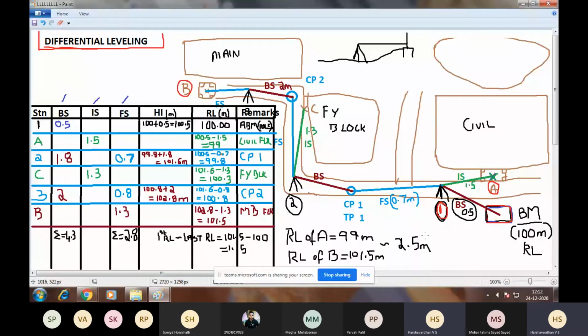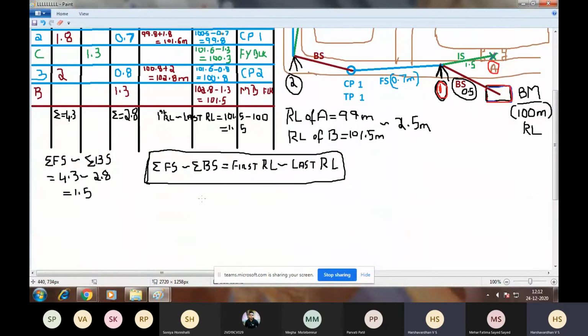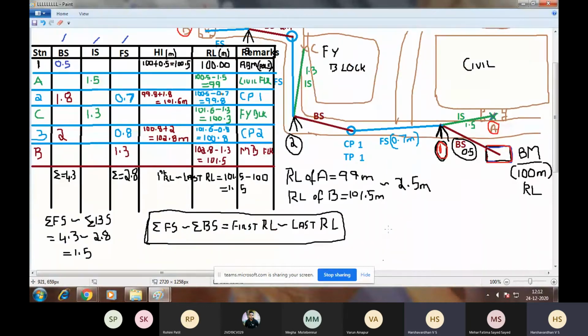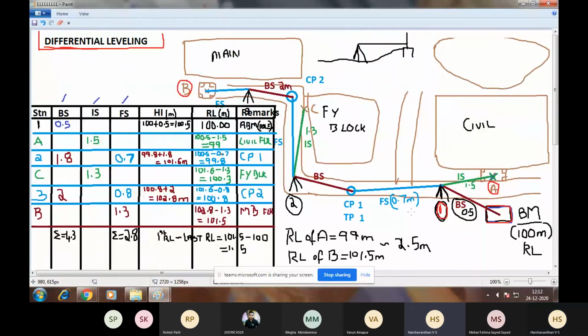So this is how you conduct and tabulate the leveling readings, and you perform an arithmetic check to see whether the calculations are correct or wrong. Now this is about differential leveling.